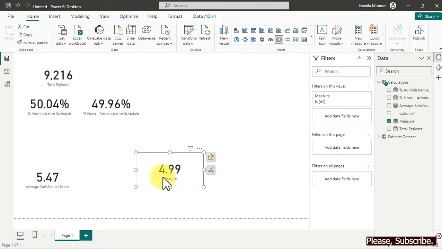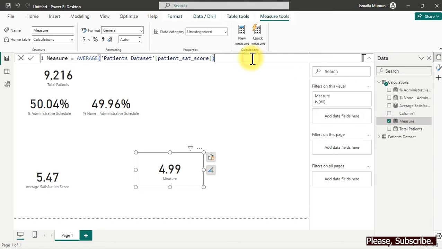Okay. We now want to get how many persons did not rate our services when they visited the emergency room, so we want to account for that. What we want to do now is show the percentage of people who did not rate before they leave. So I'm going to come back to here. Now we don't need to keep this, I can just get it off. So I'm going to say percentage of no